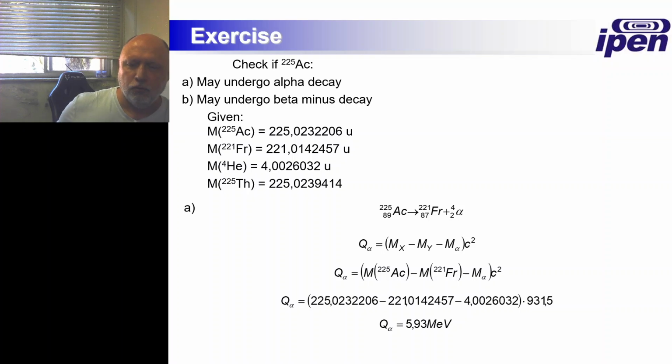The important thing here is to remember that energy is conserved. So energy is released when masses diminish. Energy is not released if masses increase, so masses cannot increase. And this means that Q, the energy released in a decay, must be positive,